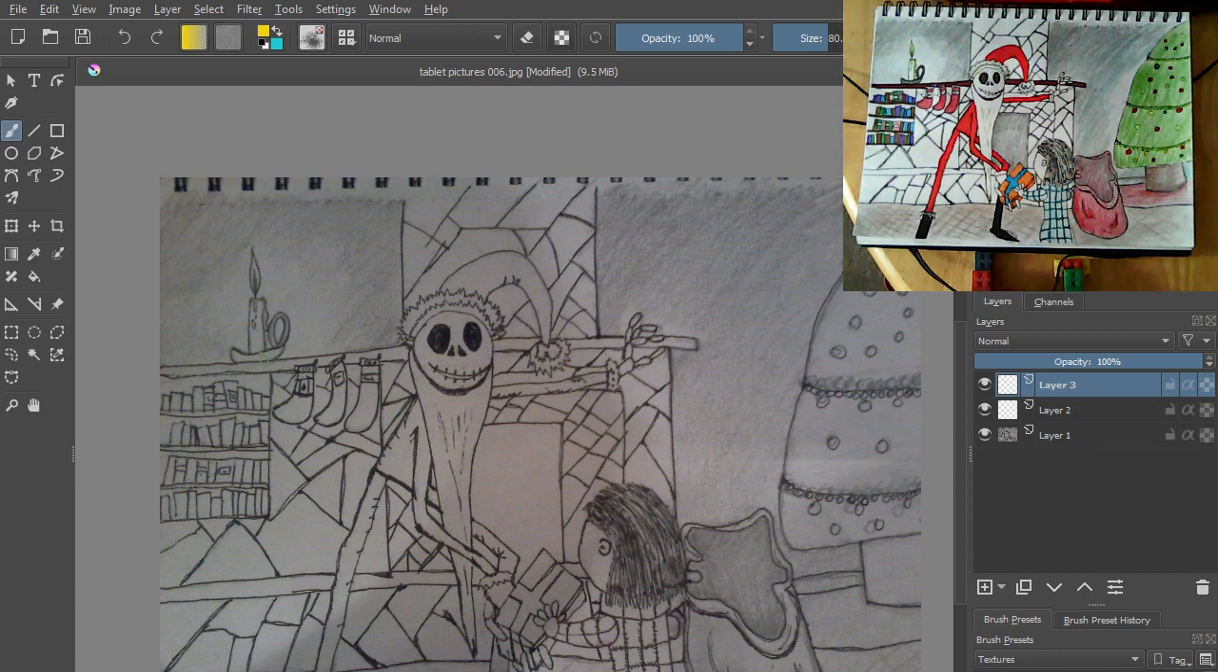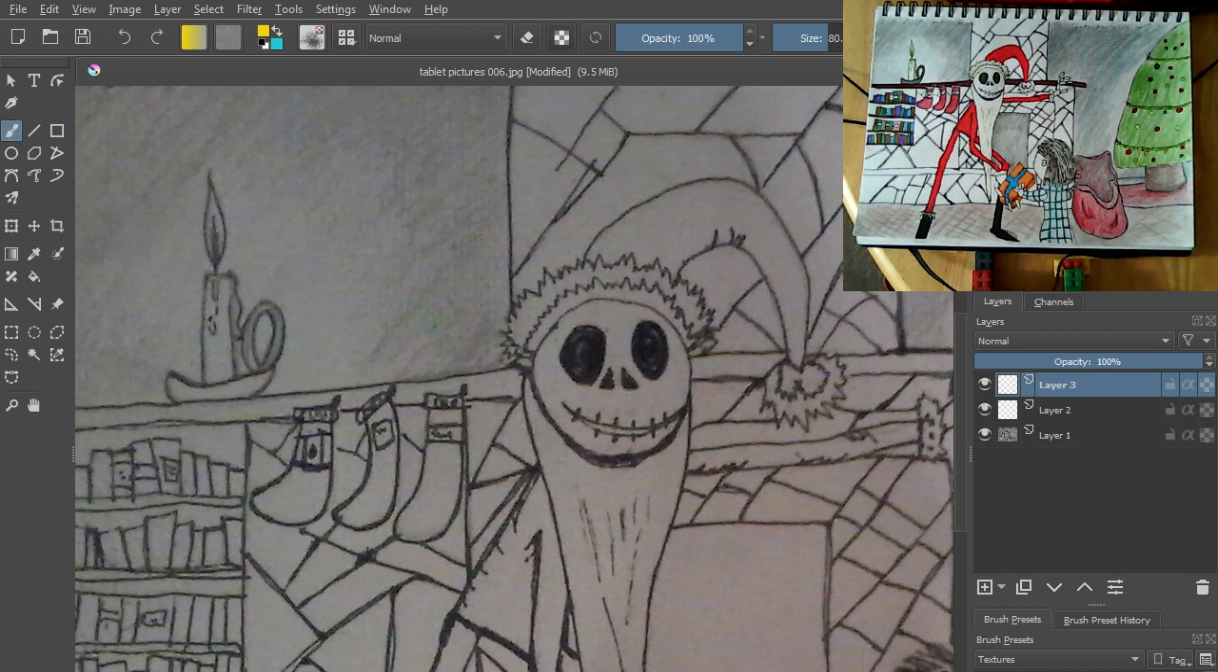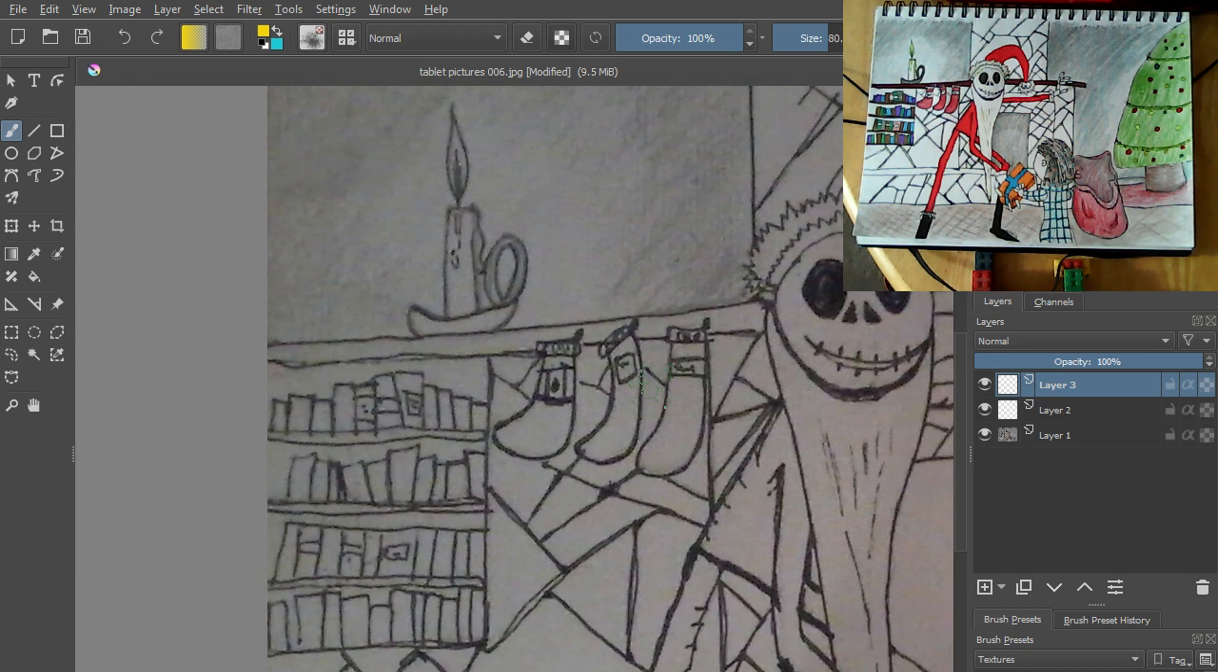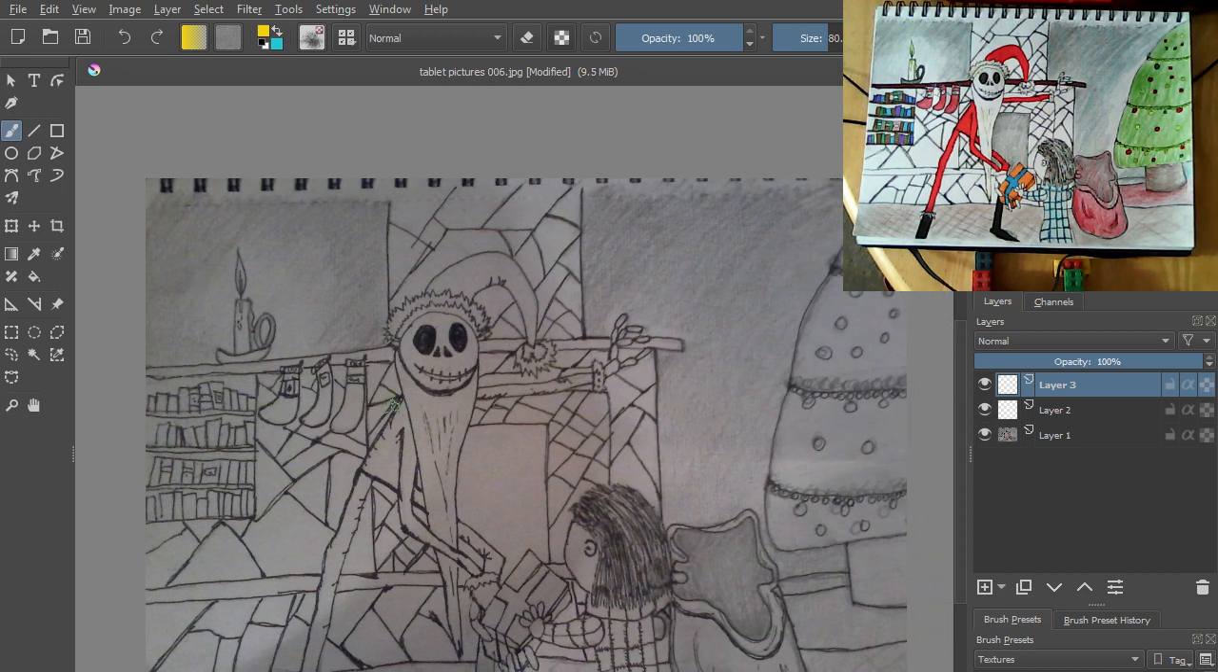One will be background, one will be the skeleton himself, and a lot of different layers for the books and things like that, just so we can separate things out, just so when it comes to colouring we can actually get some good colour on, and instead of going over the whole thing like you would if you were using